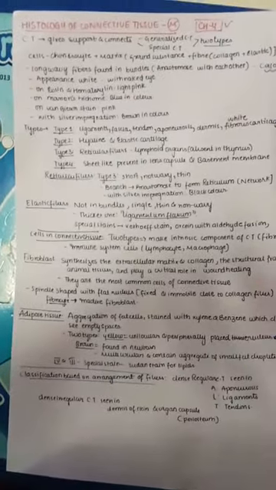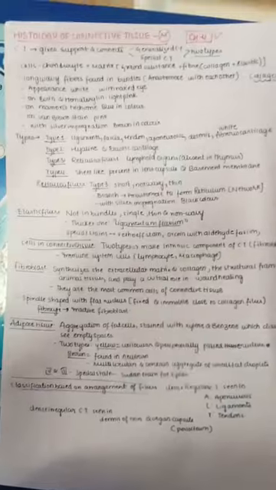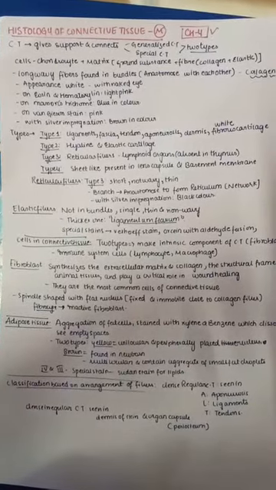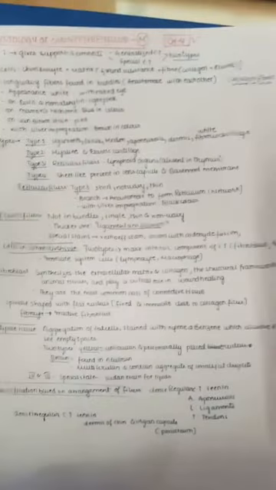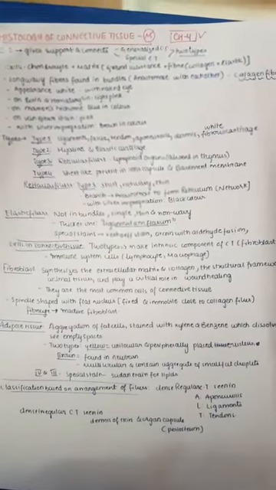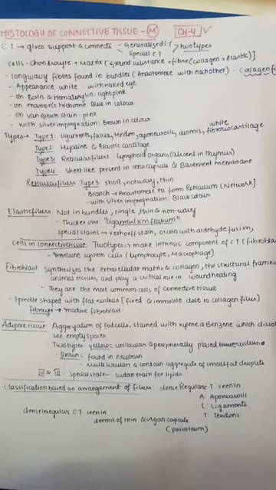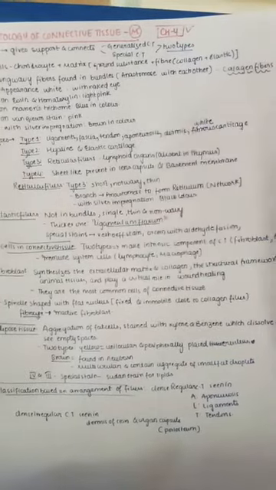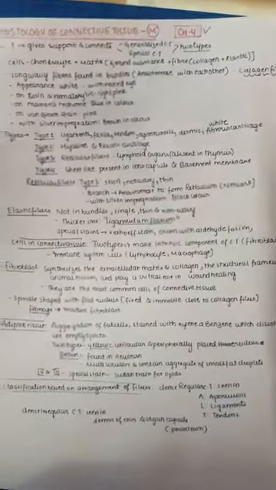So we know connective tissue mainly gives support and it connects different types of tissue. Connective tissue is divided into two types, that is generalized connective tissue and specialized connective tissue. Connective tissue first contains cells and matrix. The matrix contains the ground substance and fibers. For example, if we take cartilage, the cells are chondrocytes, and in the matrix we find ground substance and the fibers may be collagen or elastic fibers. If the fibers are elastic, then it is elastic cartilage, and like that.